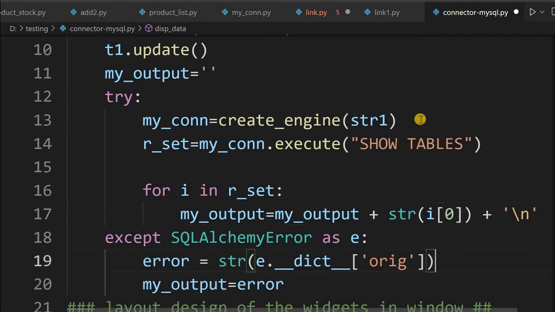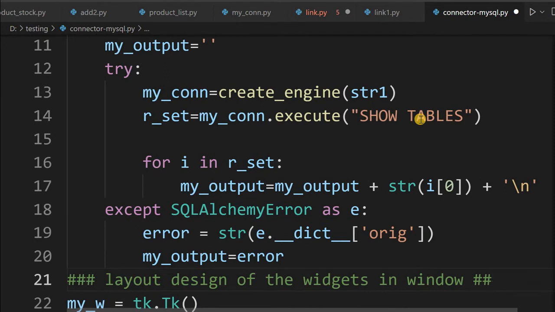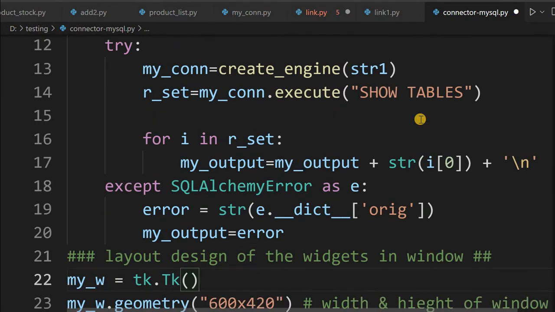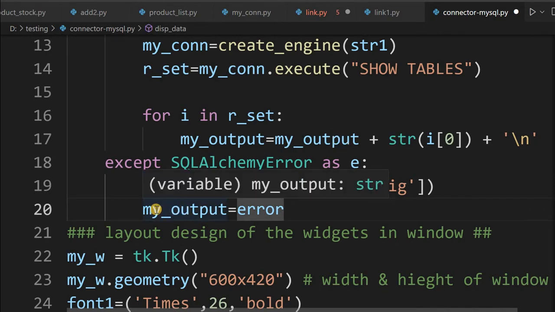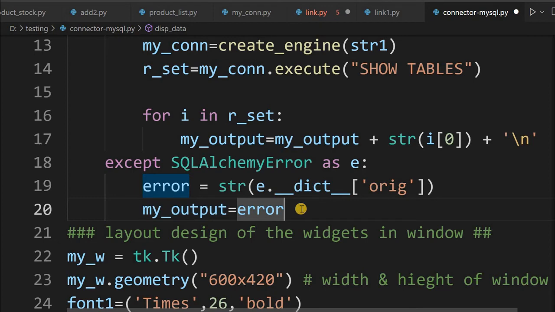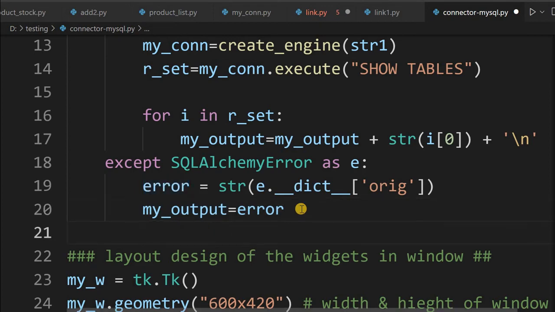This is my output if I am getting the correct output. If I am not, then an error message will be generated and that error message will be assigned to the output. But somehow I have to display the output. So I will come out of this try-except block, come to here, and I will write